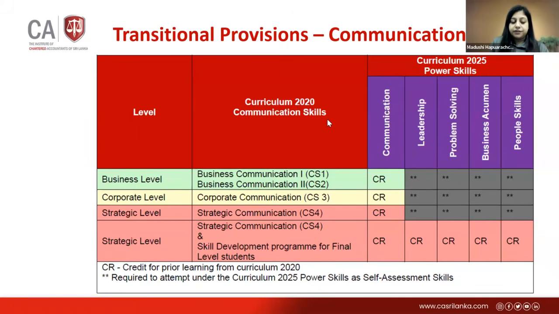Our advice is like this: if you are pending with one or two subjects and you are fairly sure, please enroll for the verbal pitch if you wish to do your own exam. However, the institute will facilitate all the students who have completed their business level examination under the previous curriculum in February and are waiting for the results. Even though the closing date given is the 10th April for the verbal pitch submission, that batch specifically will be facilitated to attempt the verbal pitch with the extended timeline, which is only applicable for those who sat for the business level exam in the February exam and are waiting for the results.